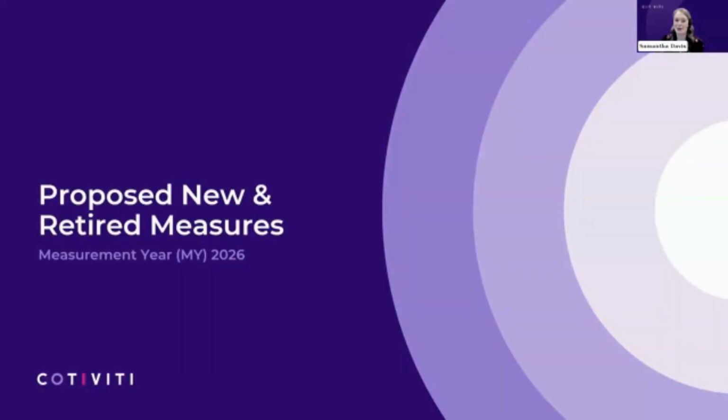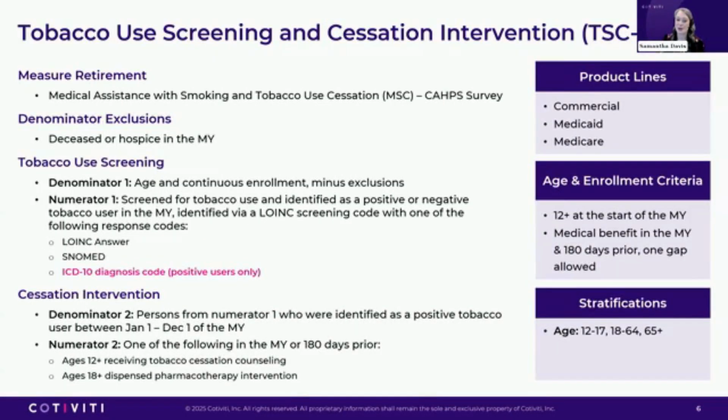Going to start off today's overview with a look at the measures NCQA is proposing to add and retire in measurement year 2026. The first new measure we will review is an electronic clinical data systems measure called Tobacco Use Screening and Cessation Intervention. NCQA proposes this measure to replace the Medical Assistance with Smoking and Tobacco Use Cessation, or MSC measure, which is calculated based on member responses to the CAHPS survey and would be retired in favor of